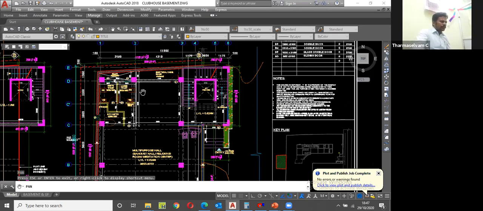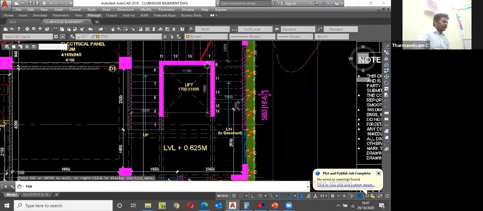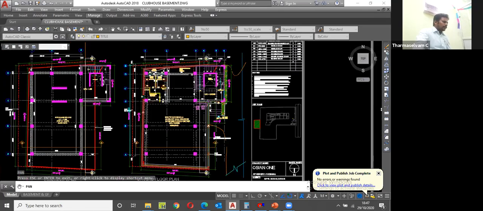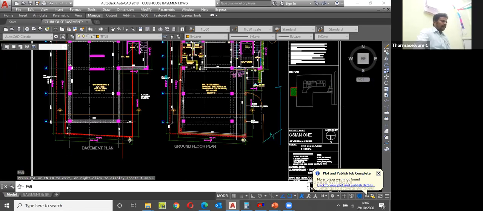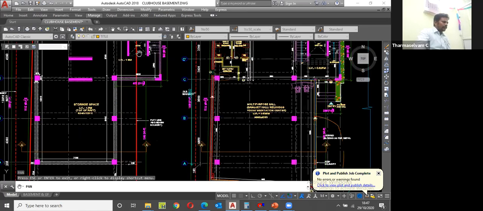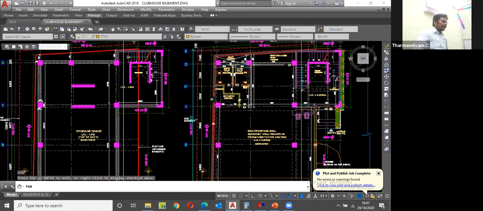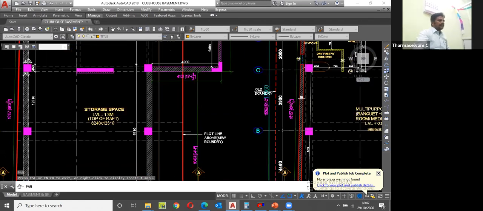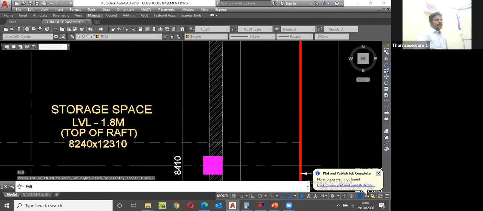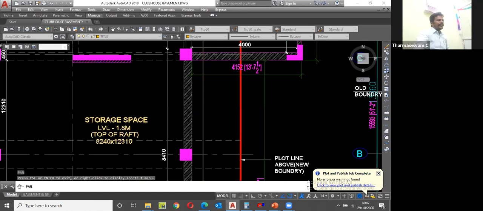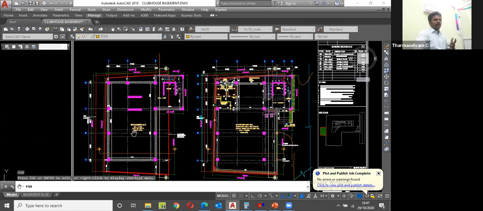Then I'm going to the basement floor. Okay, this one is the basement plan. Here I am coming from this lift or staircase and entering the basement. There they have mentioned storage space. What have they mentioned? Storage space. That means what kind of material they are going to store here, I don't know, because I cannot imagine it here.